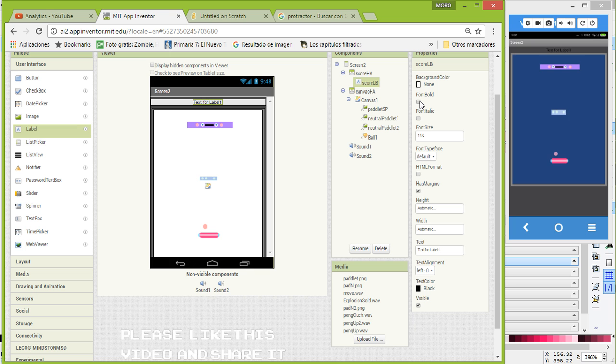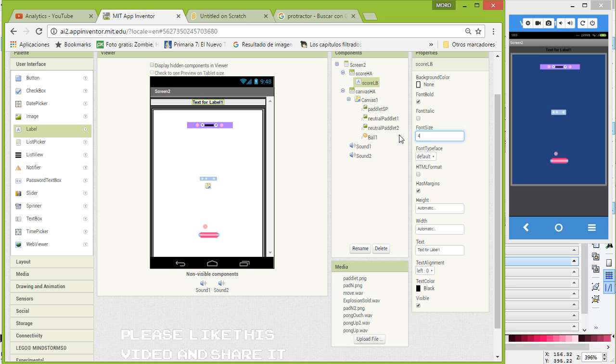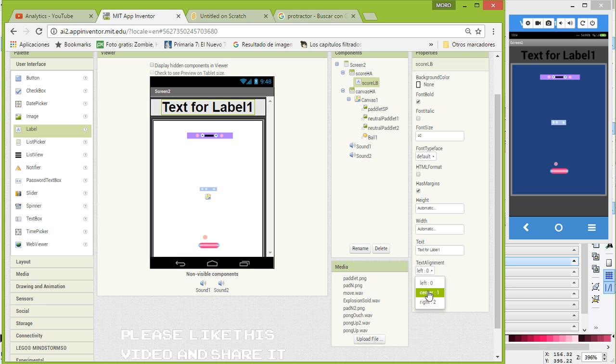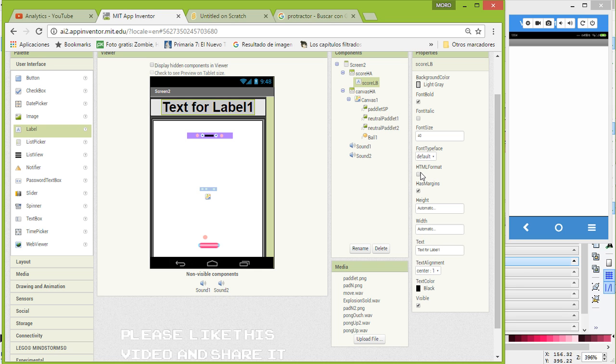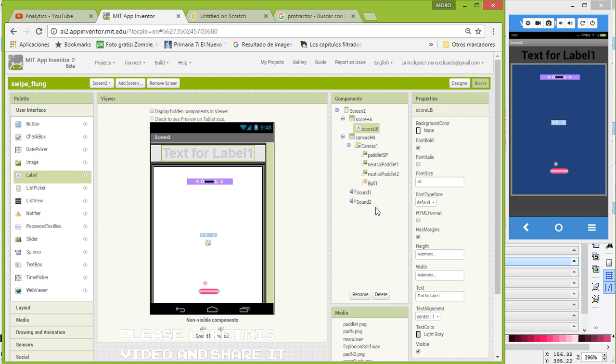Now we are going to change this to volt and then to 32. Let's use 40. Then we are going to center the text. We are going to change it to light gray to see if it looks okay. Now let's change this color to light gray. Well, let's wait if this is going to refresh or not. Maybe now it's like frozen. But well,